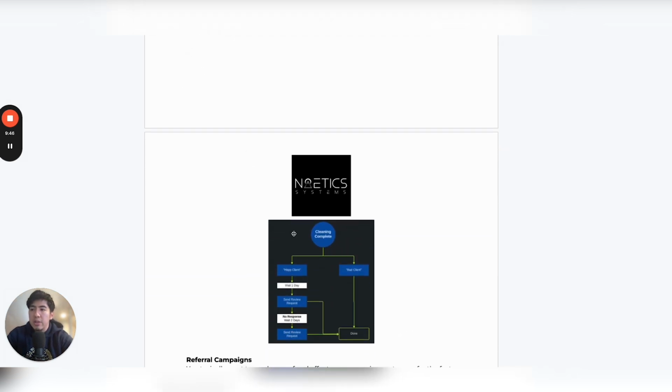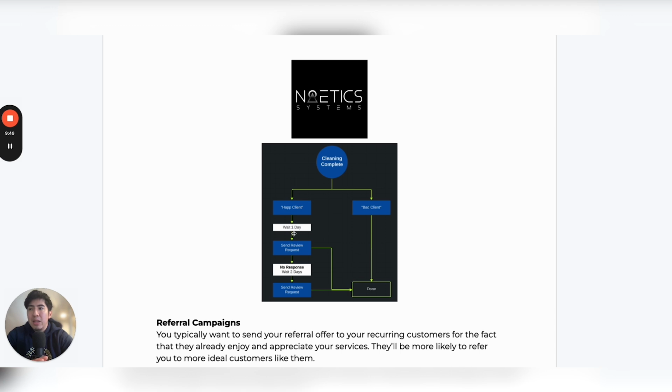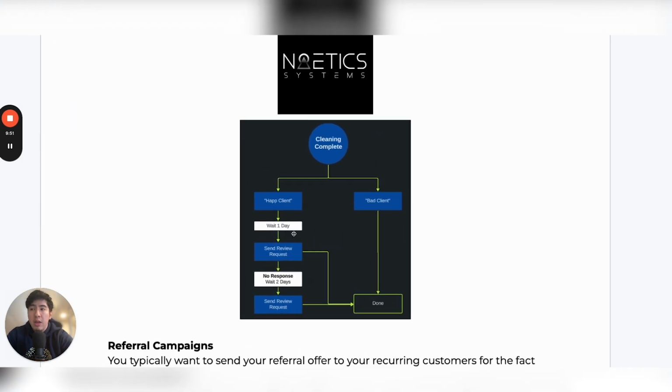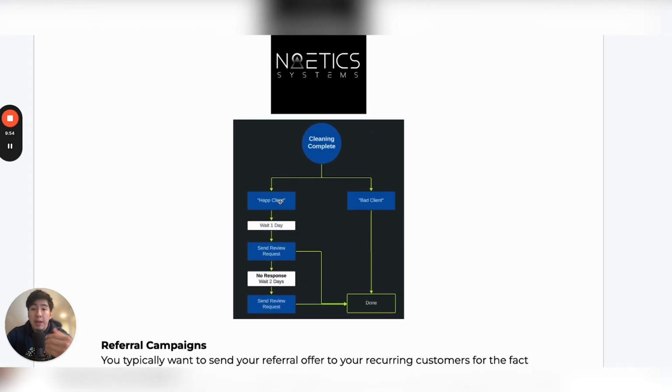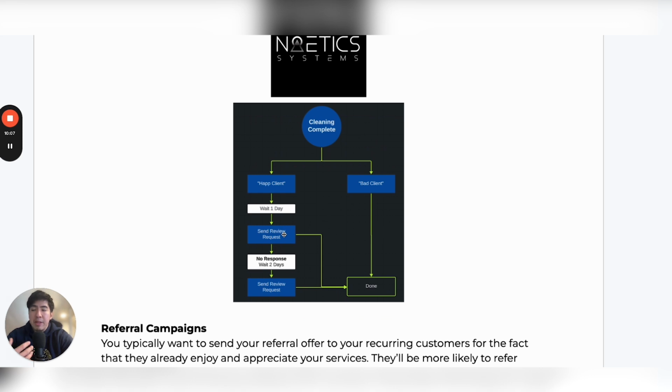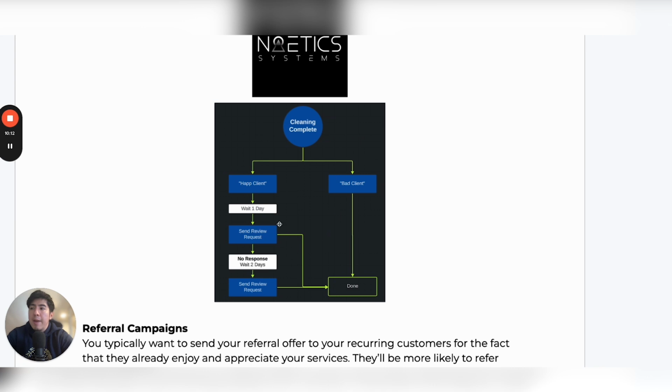So it would look something like this. Once the cleaning service is complete, the cleaning tech, the lead, sends out a notification saying if the customer was happy and content with the cleaning and didn't have any complaints, then that customer will be sent a review request, basically asking, please leave us a review if you thought our services were great. But if the cleaning tech thought that the customer was unsatisfied, angry, complaining, basically not a good fit for you in your business,